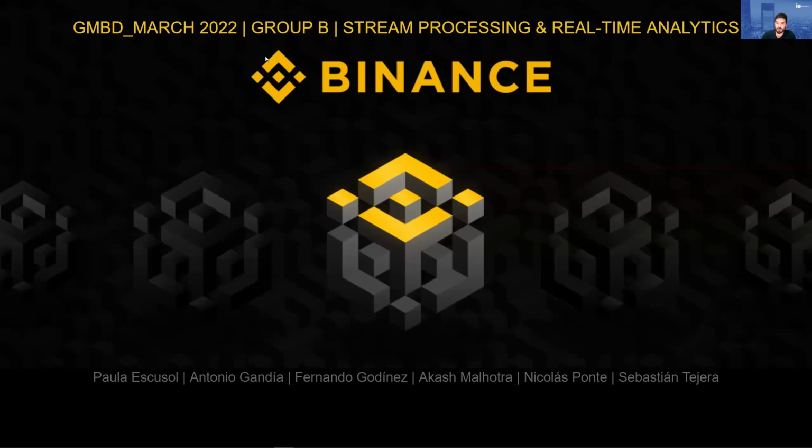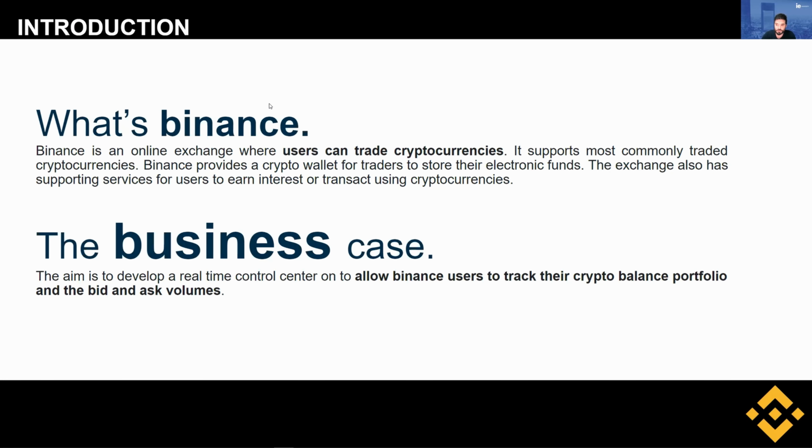Everybody, we are Group B, a technological company hired by a cryptocurrency broker to develop a real-time control center based on the Binance API connector that they will use to see the crypto balance account portfolio, the bid and ask volumes, and the buying and sellings of the market. In the next slides,